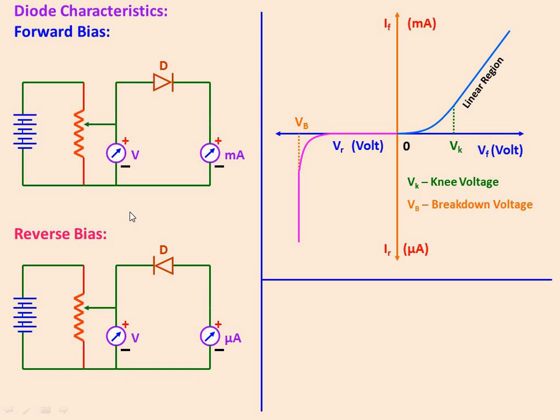Now an extremely large number of electrons and holes are produced, which constitutes the reverse saturation current, and we can also call that reverse saturation current the Zener current. Zener current is independent of the applied voltage, keep that in mind. This occurs in heavily doped diodes at low reverse bias voltages. Keep this point in note. So do you find the difference now? What was the difference between Zener breakdown and avalanche breakdown?